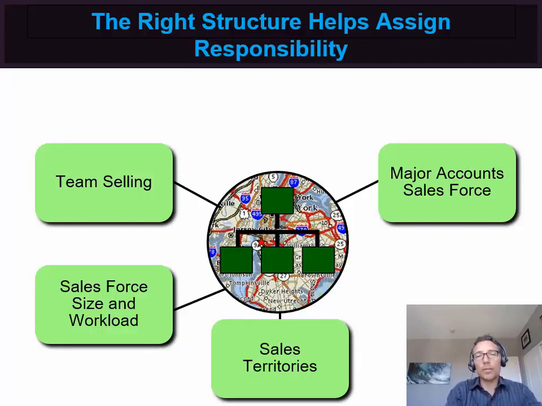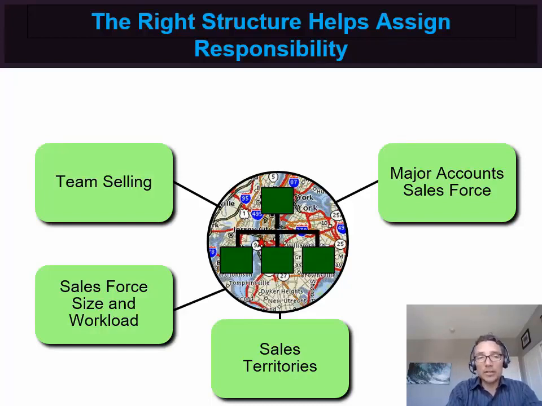Versus, say, by comparison, somebody who's managing the South Bay territory in San Diego and all of the convenience stores in that area. They're not a major accounts salesperson. So again, the major accounts tend to be, there can be even a team of people. There might be an order getter and an order taker, and they might have a team of salespeople. So oftentimes they're set up by major accounts sales forces.